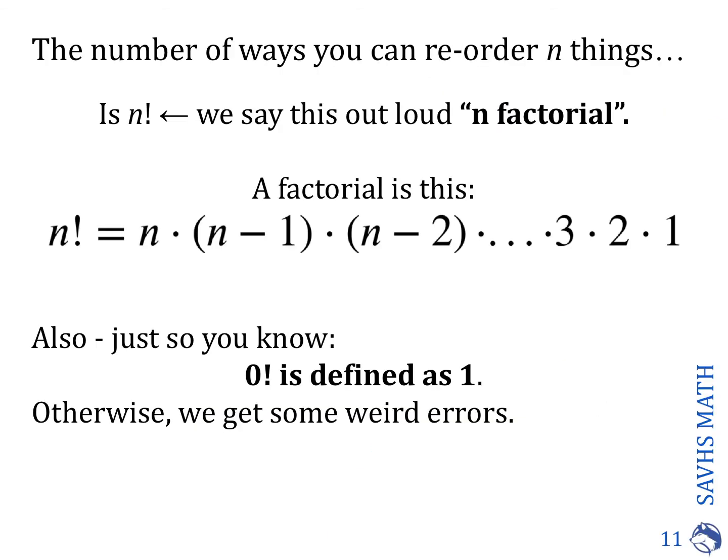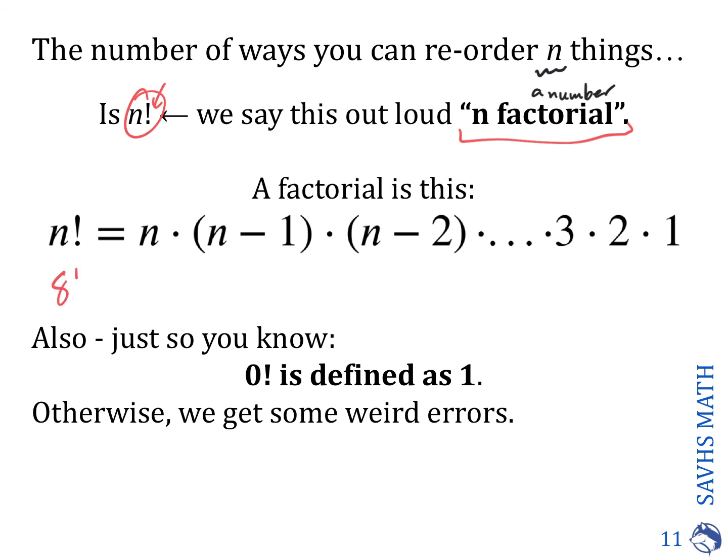Here's a little formula for you. If you're trying to put n things in order, n is just a number, n things in order. So like we had that 8-person race, you could think about this as maybe like people in line to get tickets for a concert or something like that. The number of ways that we could put these things in order is n factorial. We say n factorial. Factorial is the exclamation point, and that means that you're taking the number.